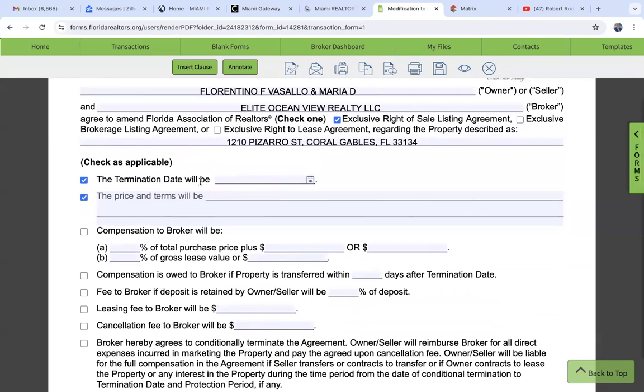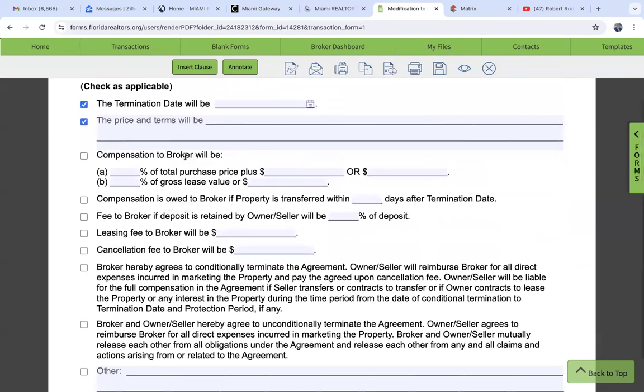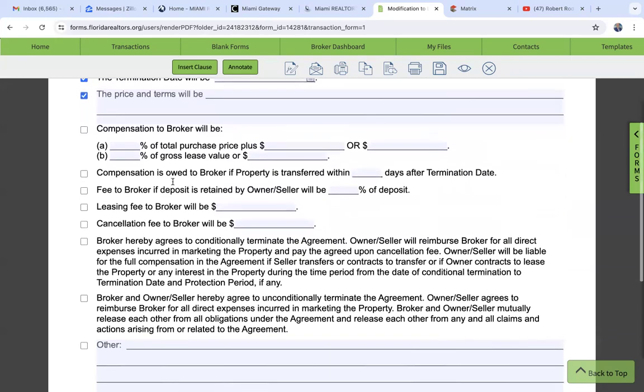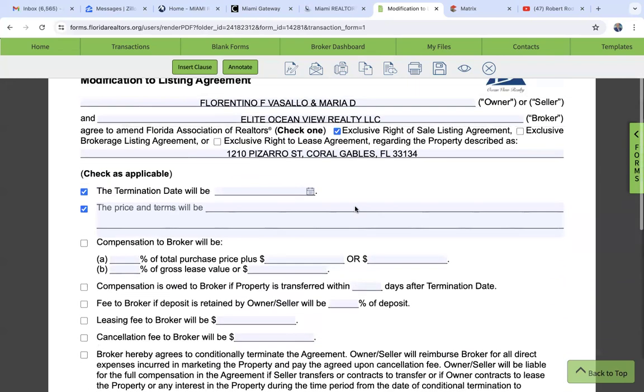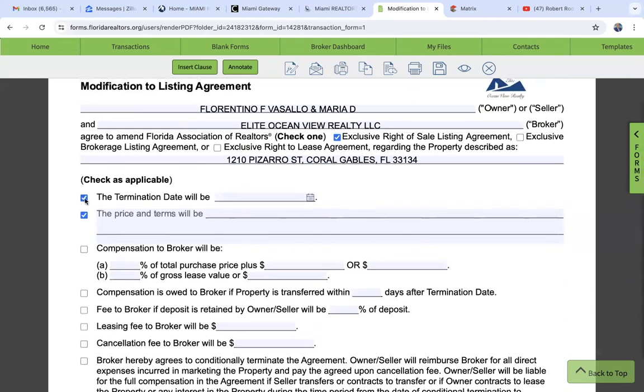Termination date will be, all right, the price and terms will be, compensation to broker will be. What are we doing here? Are we terminating the listing agreement? So right here we have termination of the listing agreement. So if somehow the seller decides they want to cancel the listing from the MLS, and you agree to have the listing canceled from the MLS,